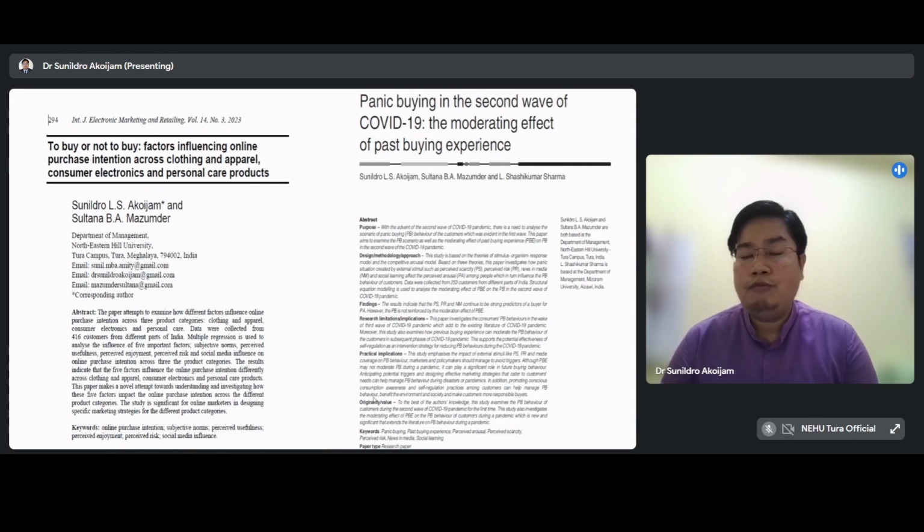So in whichever journal you are submitting, accordingly you have to restructure your content. If you are submitting in a journal which accepts the first type, then you have to restructure accordingly. Or maybe you are submitting in a journal which follows the second type, then you have to follow this structure.